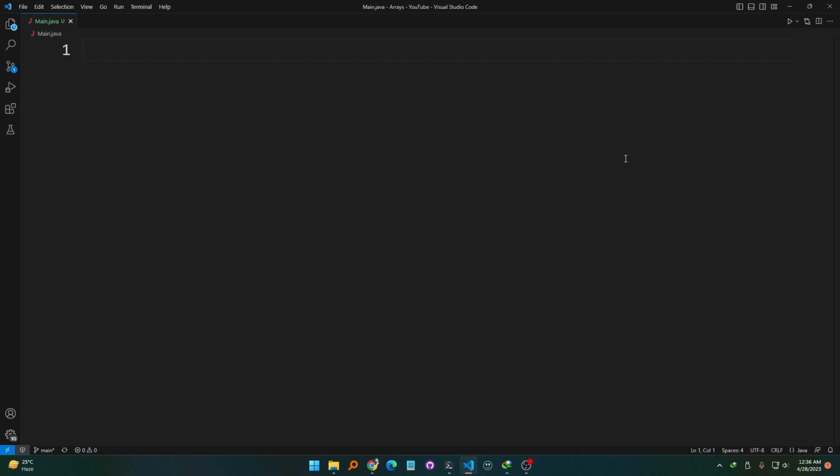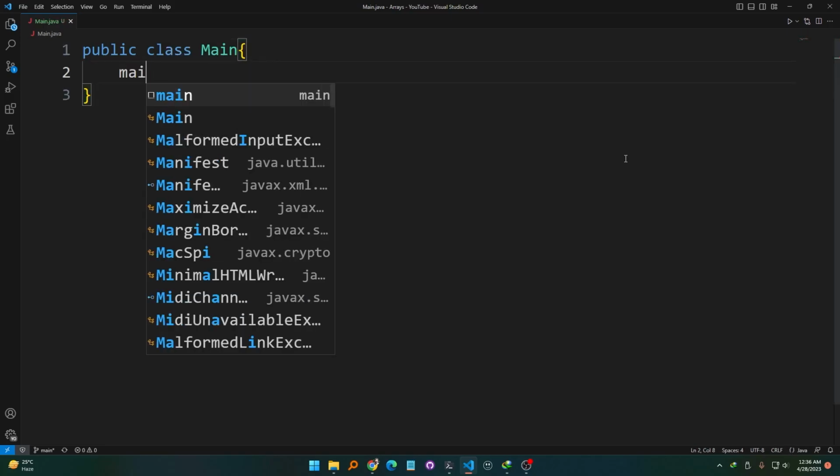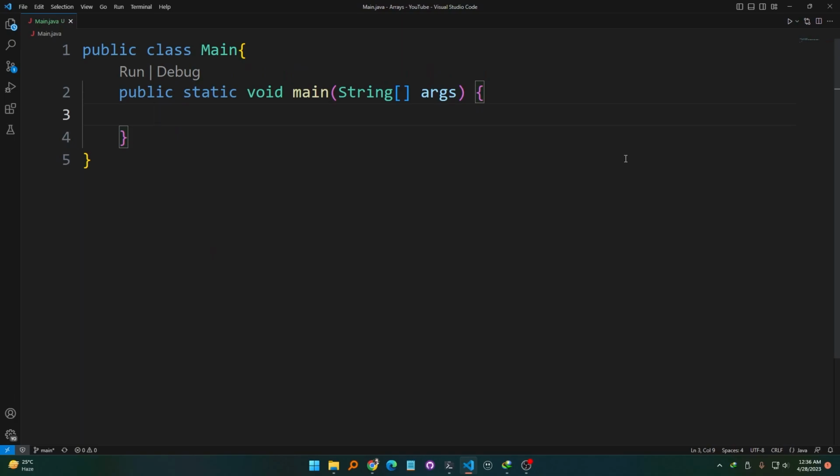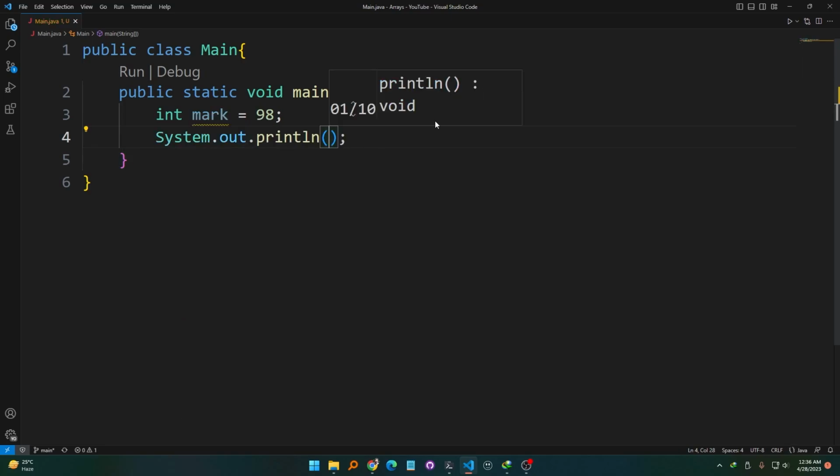Today I'm gonna talk about the arrays in Java. So first of all, let me simply declare my public class, and that is public class main. And this is my main method, which is public static void main, string of an array. All right, and let's say I'm simply declaring an integer variable. Let's say integer mark, and let's say I'm gonna give it something like 98, and if I simply print it,